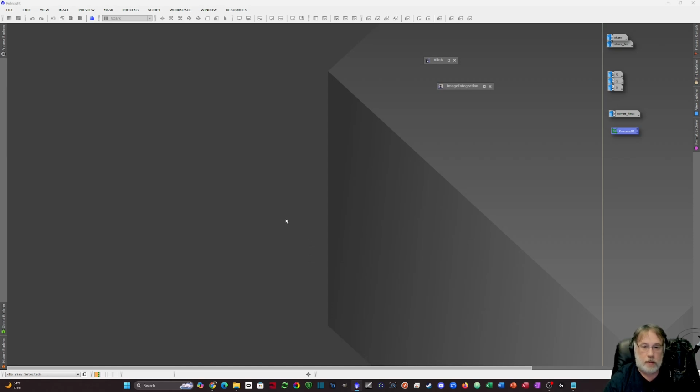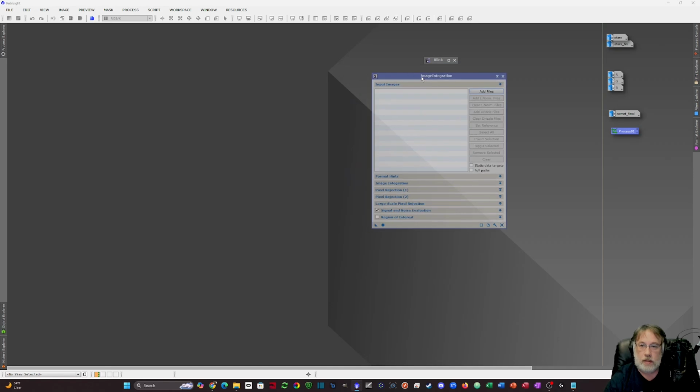So say you got a small galaxy in a large field view, you could crop and drizzle the center of that galaxy, or the center area where the galaxy is, recombine the drizzle back into a star field that you didn't spend all of the time on. Or for the comet processing, where we'd use the mask technique and star exterminator batch processing, you can do that as well. So the next part I want to show for comet specific is image integration without using a mask,